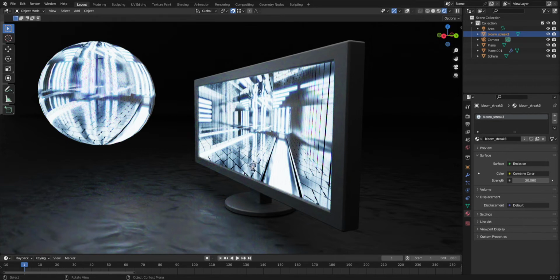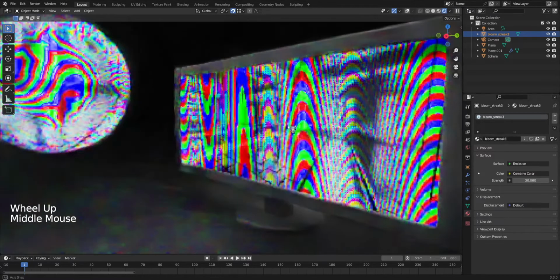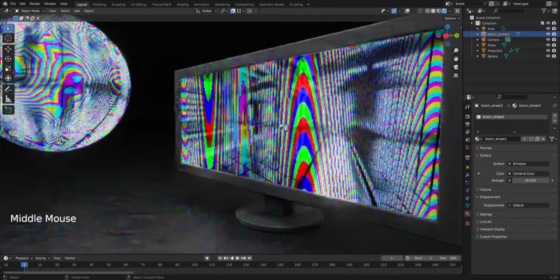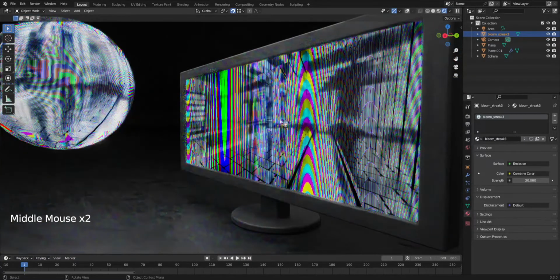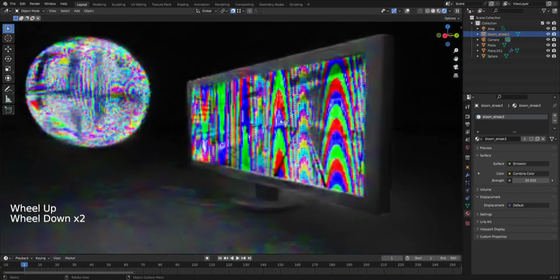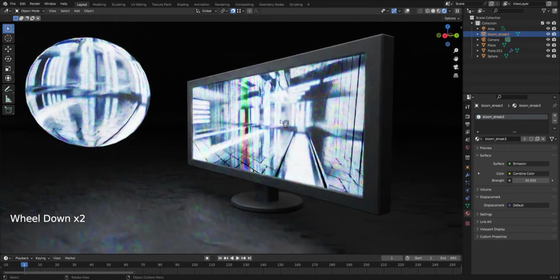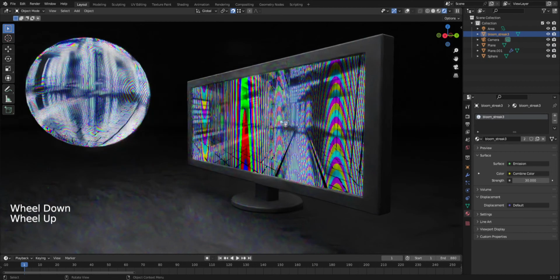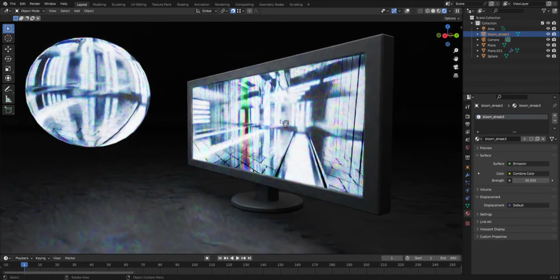As we all know, what we see on our monitors or screens when we look up close, or when we try to record what we're seeing with a camera, we're bound to see something like this. Yeah, this sort of interference or disruption on our screen. At one point in time, you definitely have seen this before. So today I'm going to teach you how you can make this basic procedural shader that can help amplify your scenes by adding this realistic